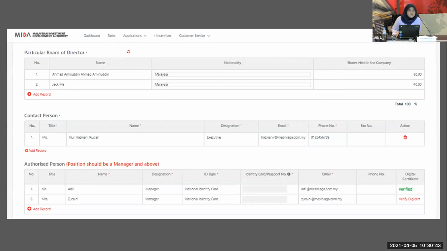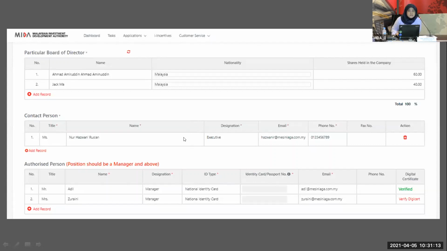So you can see here, you can maintain the contact person, you can delete the contact person if it's no longer relevant to that company. And then, whatever information listed here in the company profile is actually non-editable. You can only add the contact person, but the information is not to be updated here.